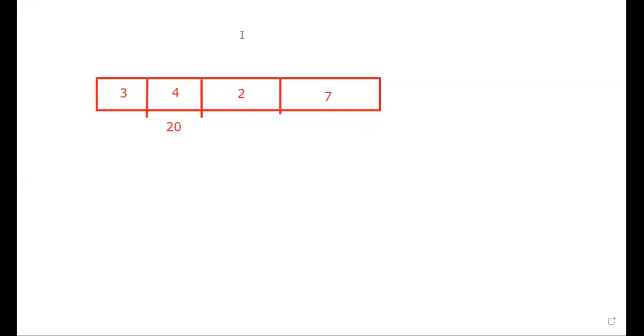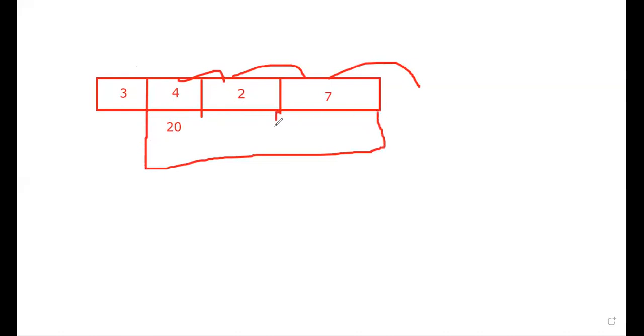Simply, I want to shift the positions. First of all, it will come to a new position, and it will come to this position, or will come to the second position, like that. So in that way, we should move the positions. After that, only then is it possible to insert the element. So in this way, 20 is there. In this way, 4 is there. In this way, 2 is there.